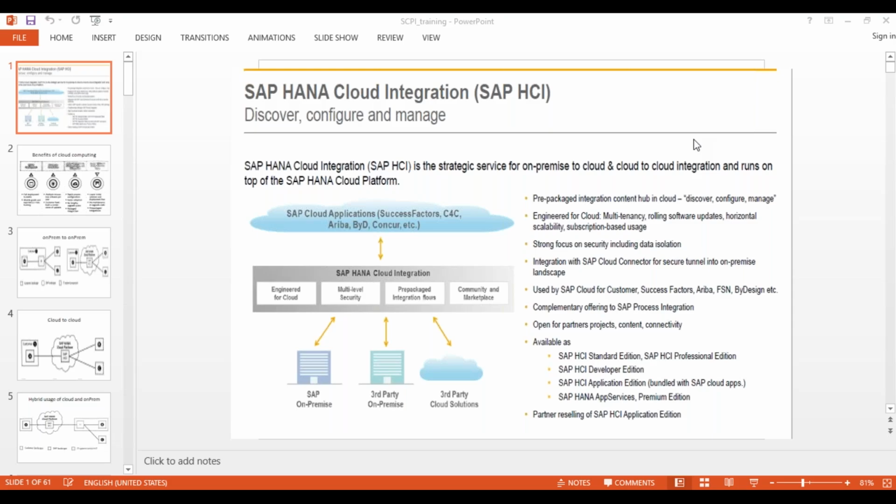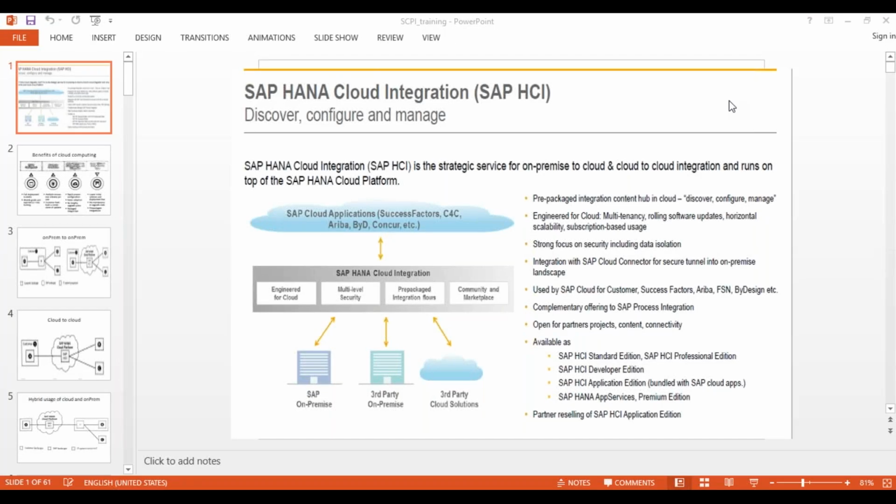So what is the SAP Cloud Platform, and what are the real benefits of the Cloud Platform? And when it comes to integration, how has it evolved from the point where the product started, and what is the roadmap of this integration now?